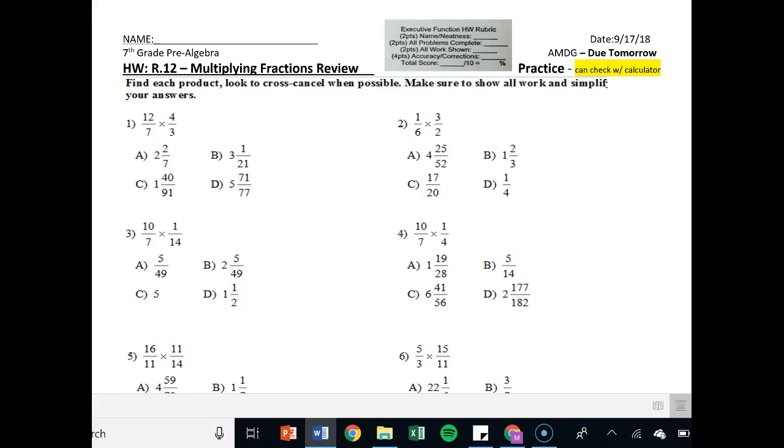Welcome to homework R.12, multiplying fractions review. It's due tomorrow. You can check with the calculator, but you must show all answers. So instructions say find each product, look to cross cancel when possible, make sure to show all work, and simplify